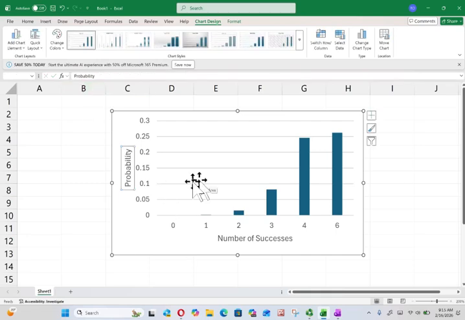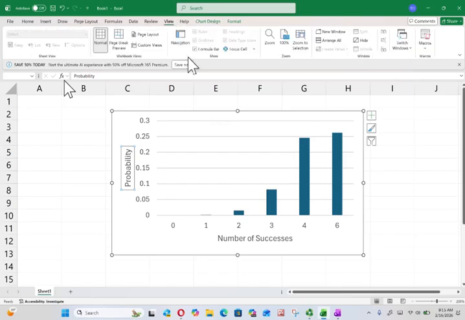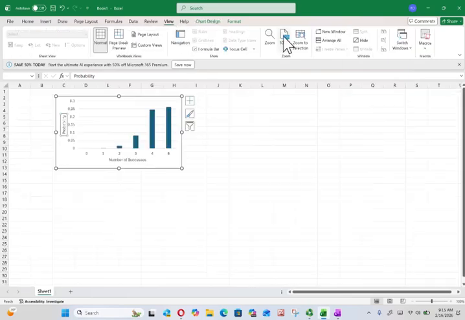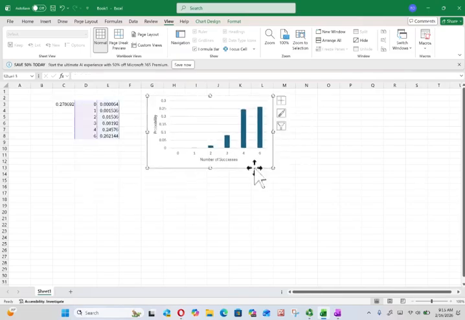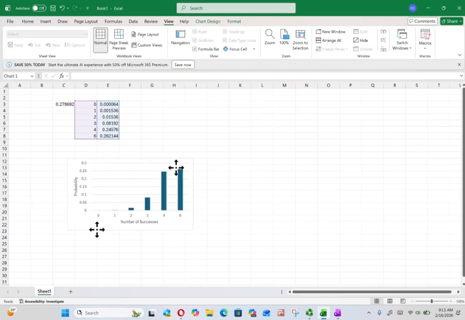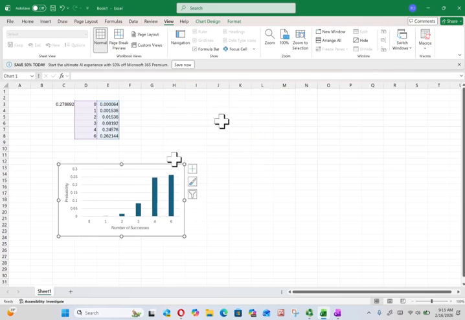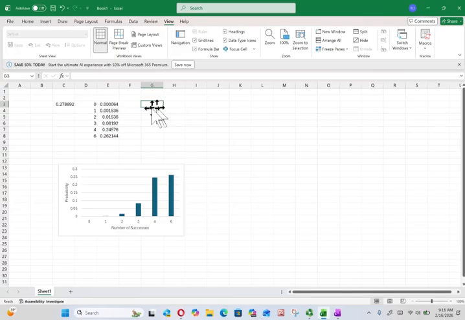That's what it looks like with 0.8 successes. I'm going to change this view back to 100% because I'm going to put more stuff on here. Hopefully you've got your own, you can see it on your screen. This is 0.8, and I'm going to do 0.2 probability. Right here, I'm going to do equals